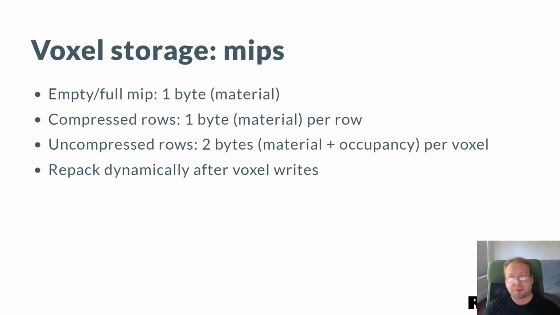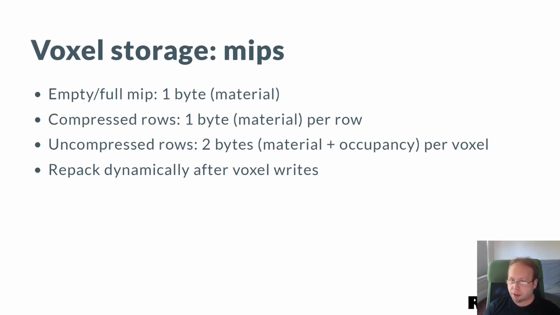Now, within each MIP, you may think of a MIP as just a 3D array of voxels, and each voxel is just 2 values, so it's just 2 bytes of data. It's a bit more complex than that, because that ends up being wasteful. We have the streaming system, but then it's inefficient for the streaming system to unstream too much data. It's better that the data is more compact to begin with. So it's very common for us to see chunks where a lot of rows are not particularly interesting by themselves.